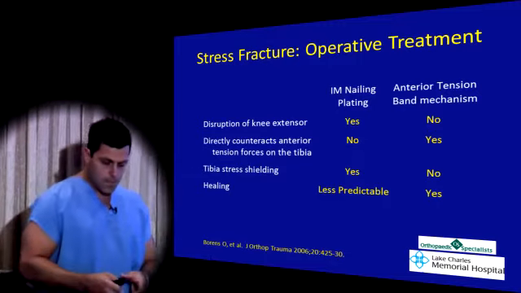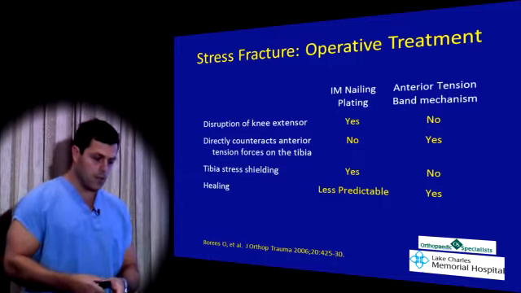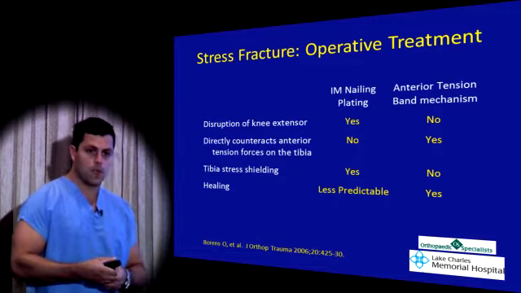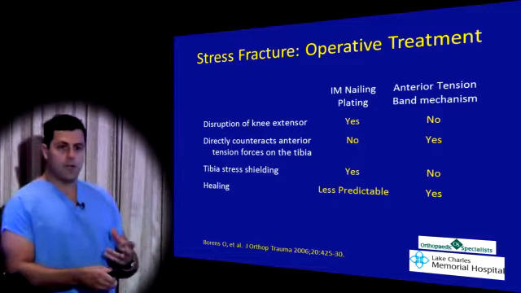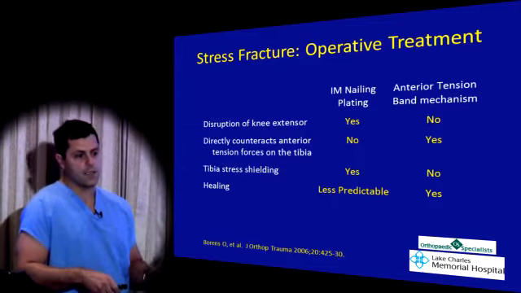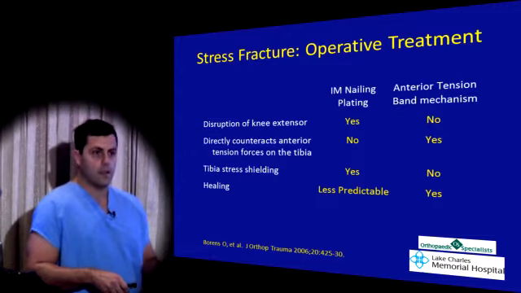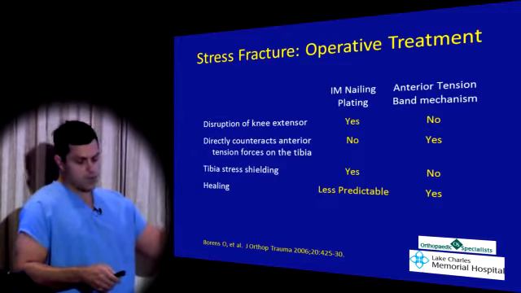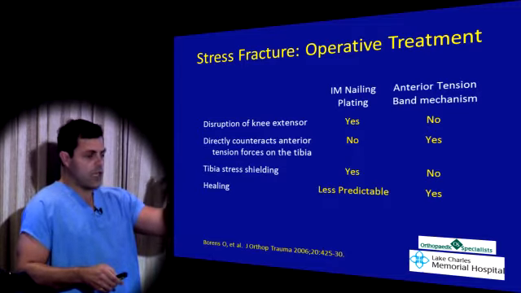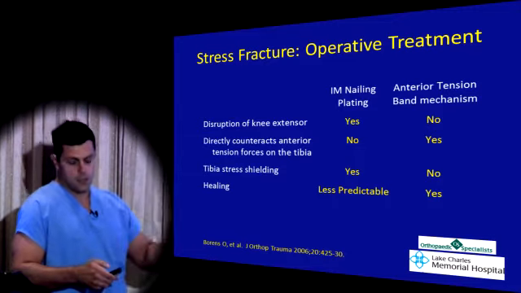So what happens is they get a stress fracture in the front of the tibia or in the medial aspect, and every time they run, it wants to open. Okay. And so that constant repetitive stress, it's sort of a non-union situation. You put a nail in, you've stabilized it, but you haven't really done anything to change the fact that they're going to have that same tension. When you tension plate it, you're actually changing the forces on that tibia,